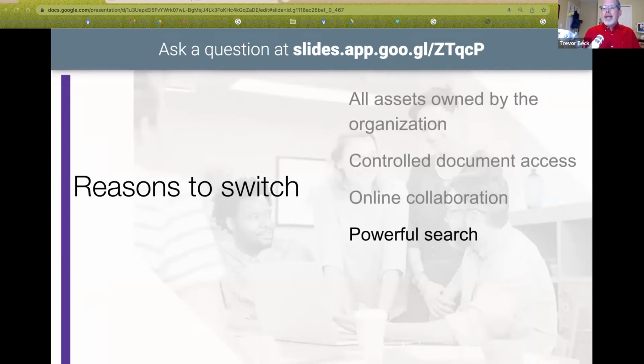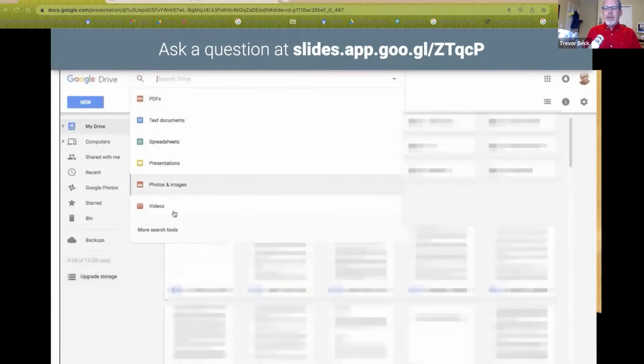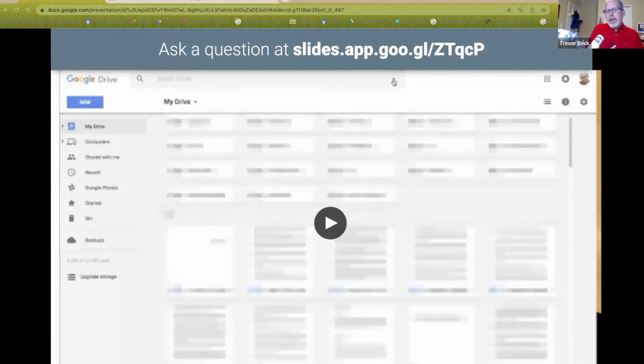Powerful search makes finding your documents easy. So just like a regular Google search, you can quickly search through and filter through the files that you have access to. So when I create my information, I'll store stuff in folders, but I don't go like 5 levels deep and organize all that stuff. Quite often, if I'm working on a project, I'll go, I need access to file ABC. I just type in search and bang, the file comes up. I do not spend a lot of time organizing it.